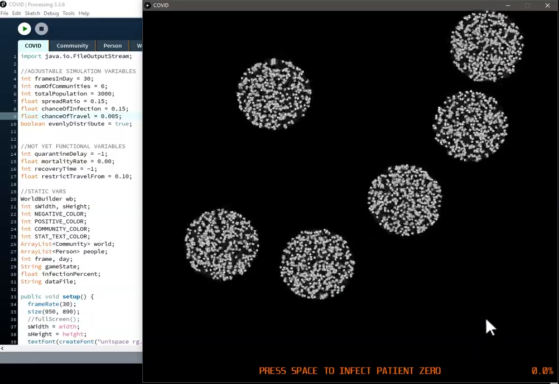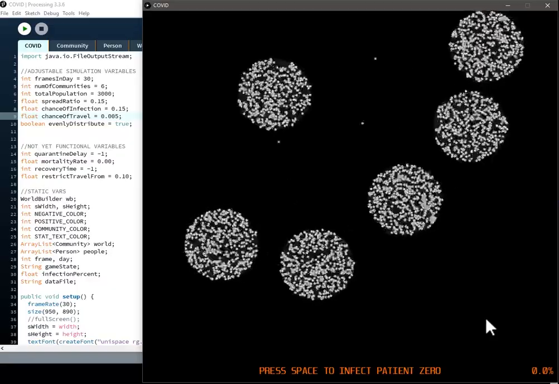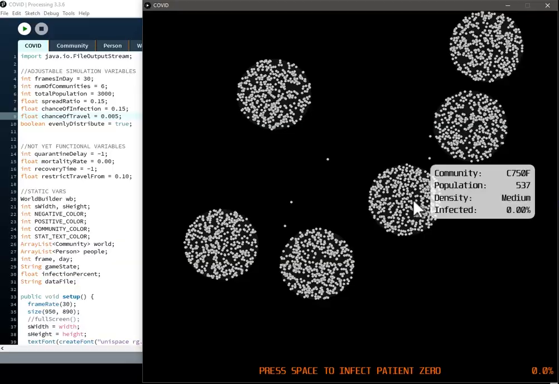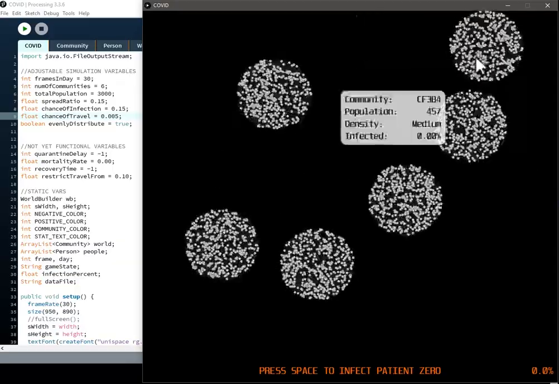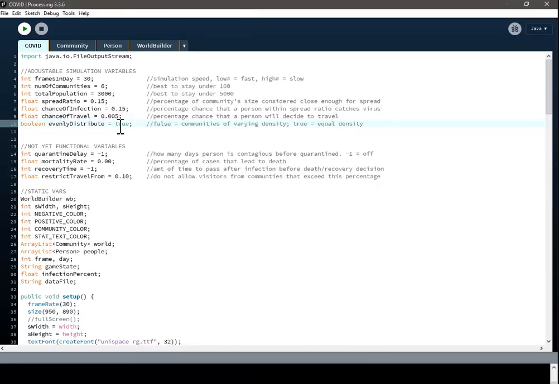But another thing that's kind of unrealistic about these communities is that they are all currently the same population density. Every community has the exact same radius and approximately the same number of people in there. Every one of these communities has about 500 people in it. So I added in this variable right here, evenly distribute. When it's true, every community will have approximately an even distribution of the total population. If I set this to false,